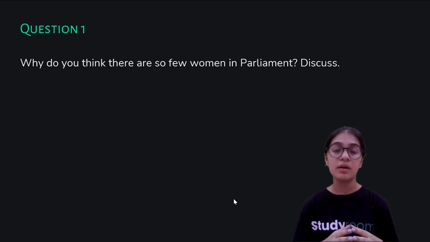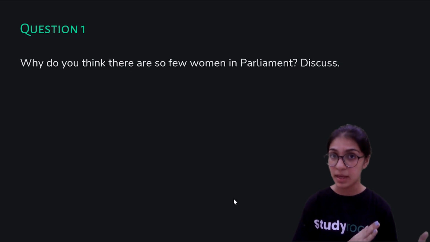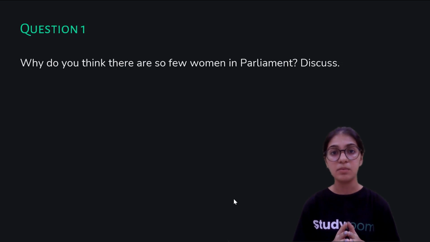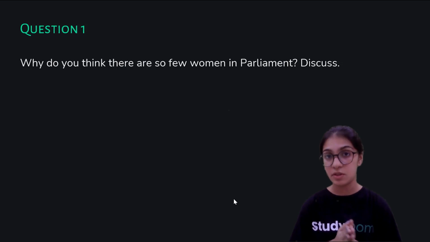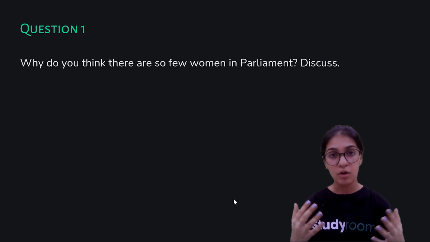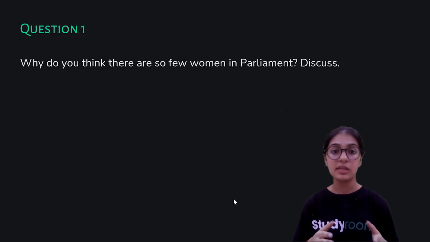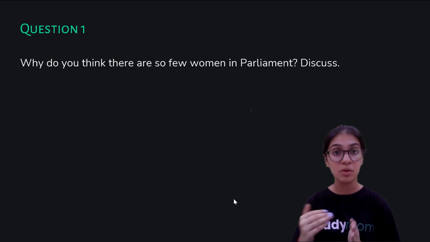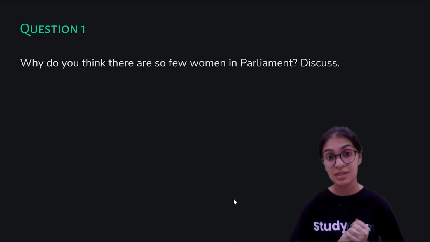And even though more than 50% of the population comprises of women, still only 9% of the women are the member of the parliament, and the rest are the men. This is just because of the thought process that the entire society is dominated by men, and so the men could only represent as the member of the parliament and not the women. That is because of the thought that women are recessive and men are dominant. That is why we can say that there are few women in the parliament and more men, even though more than 50% of the population comprises of women, but still only 9% represent as the member of the parliament,